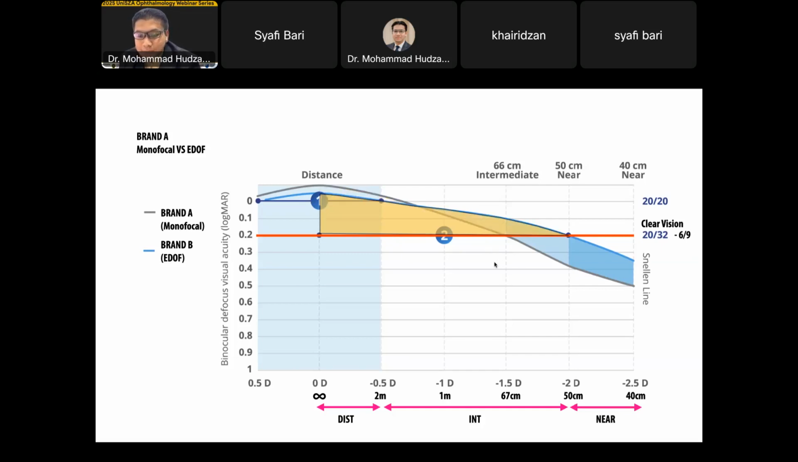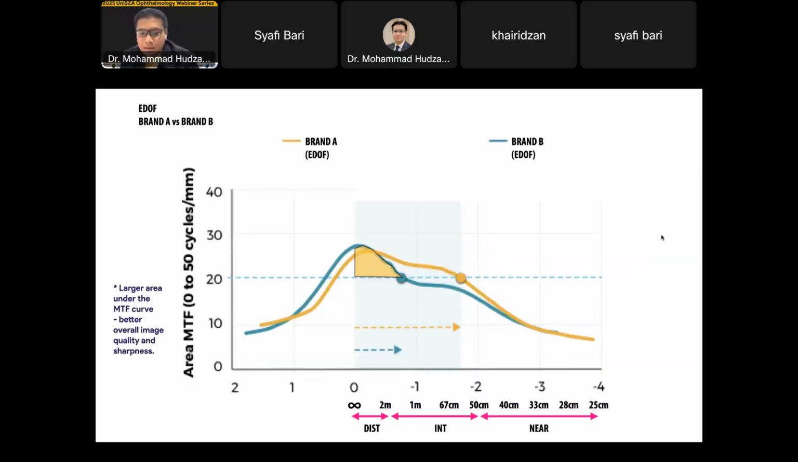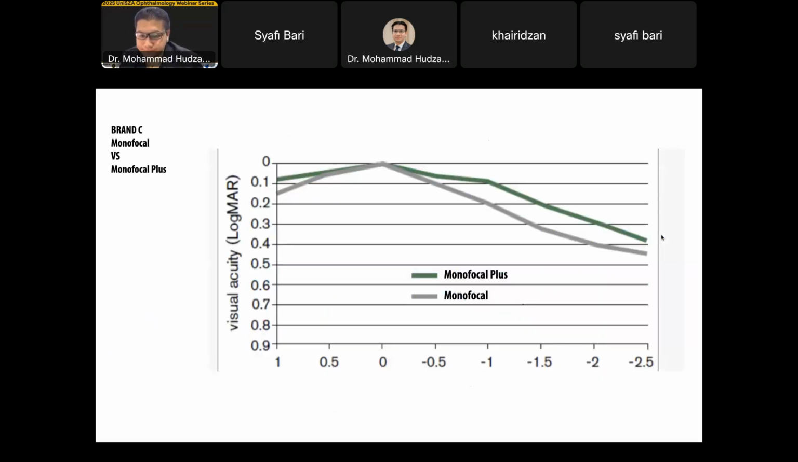vision. And then for EDOF lens, we can see here, can provide a clear vision at 6.9 from infinity until 50 centimeters. Just barely enough to cover intermediate and close to near. Okay, the vision of 6.9. Okay, I think you have skipped this one because it is comparing of MTF. Okay, let's move to